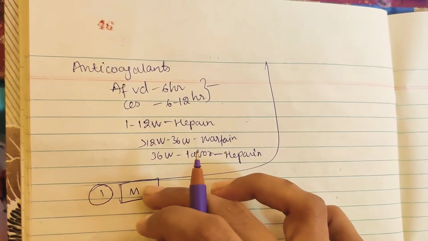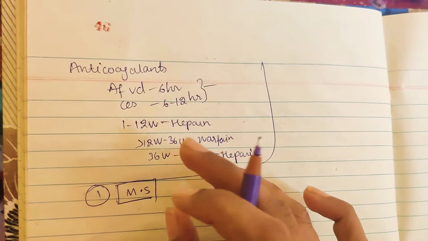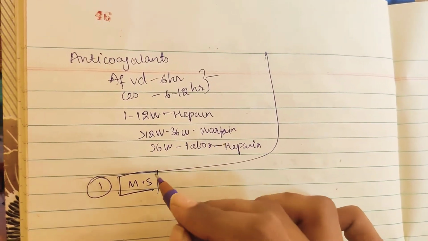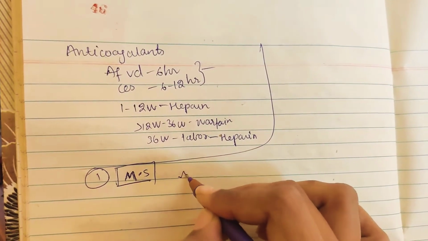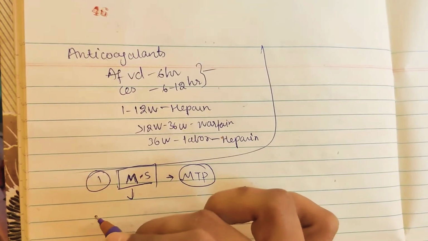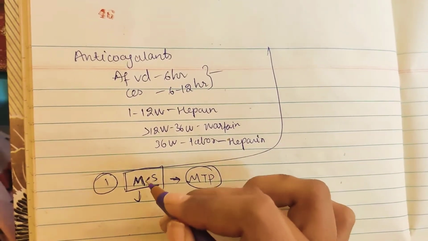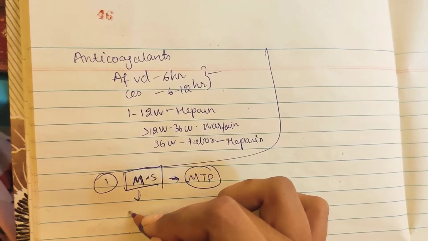So if conceived and comes after 12 weeks, do balloon. So for example, if this patient has mitral stenosis, we recommend this patient to undergo the MTP, that is medical termination of pregnancy. But if the patient doesn't want to, we can't force. So first we need to say that this patient should reduce this mitral stenosis by balloon valvuloplasty.